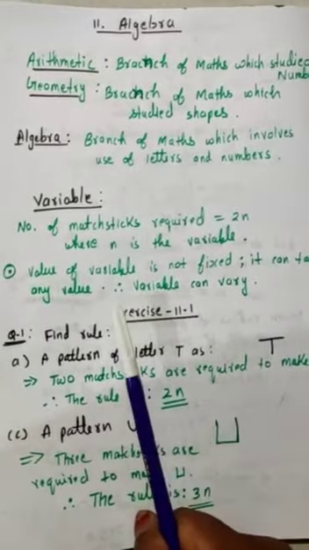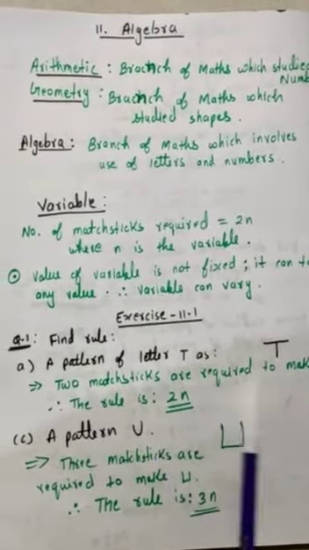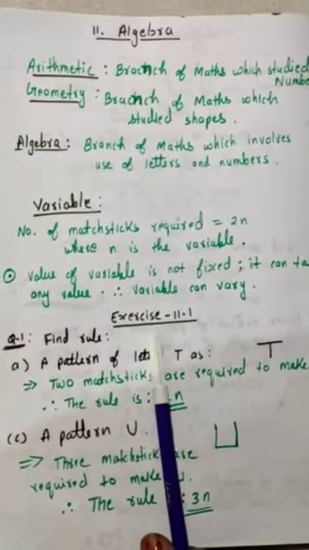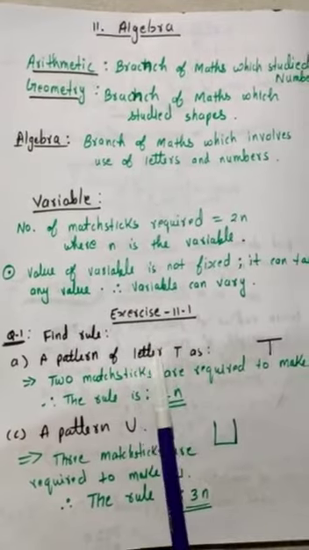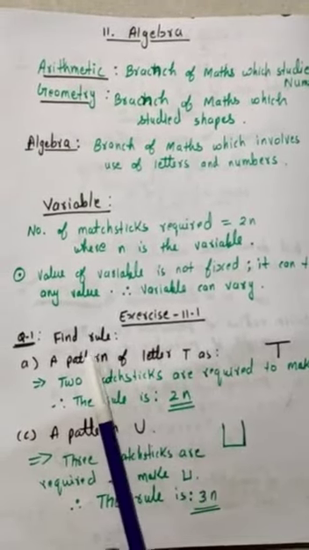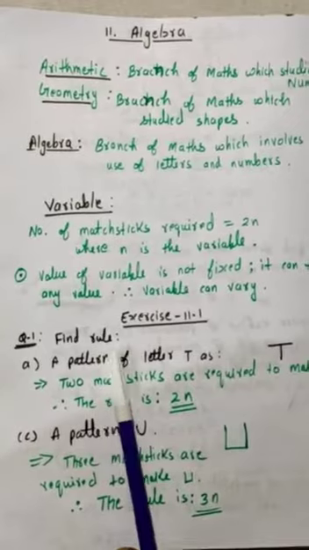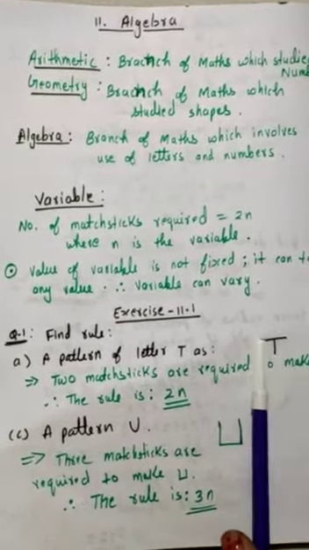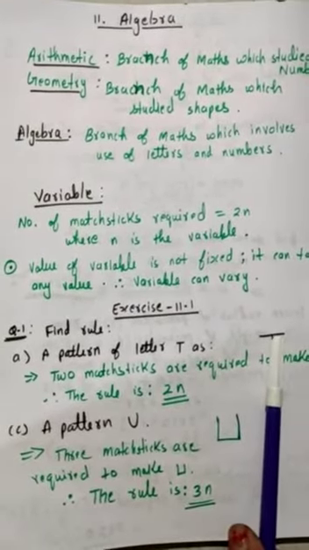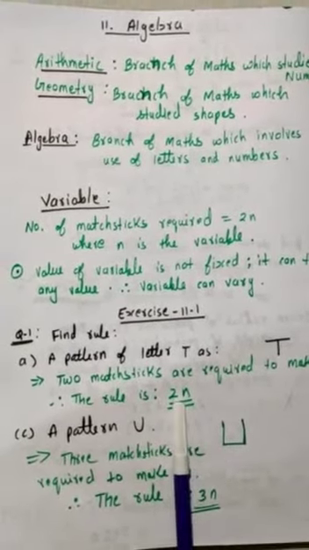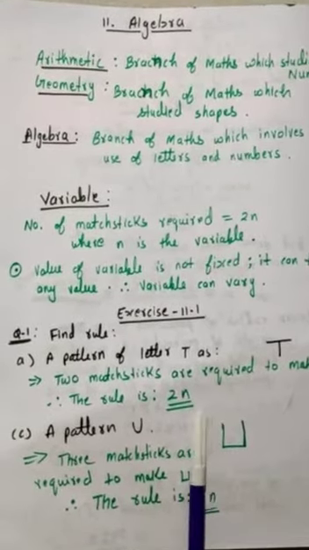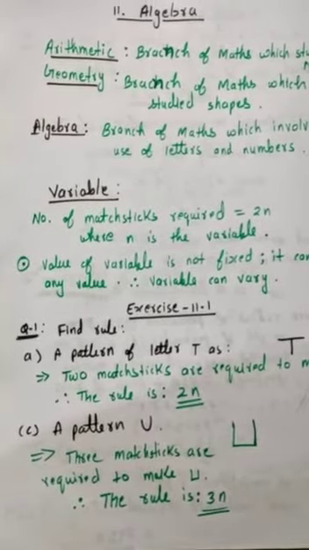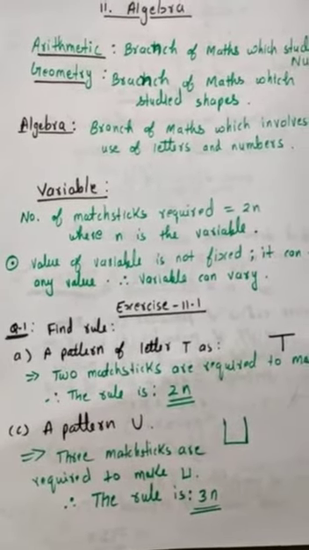Okay, and then we have also studied how to make the equations. हमने matchsticks का जो pattern था, that we have seen in exercise 11.1. First few questions: the first question was completely about finding the rule when you are using matchsticks to make a T. What will be the formula and how you will make it? So this is the formula 2n. Okay, and similarly we have studied some other questions also. So till question number 5 we have already completed, and now we'll continue from question number 6.